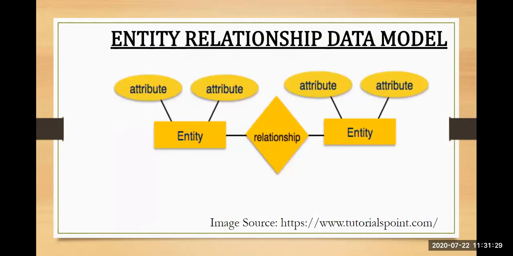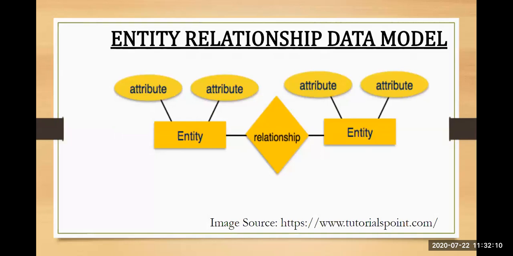Next we saw the entity relationship data model. Whenever I talk about the entity relationship data model, it tells us the relationship between our entities, where an entity is nothing but a group of similar objects that hold some attributes. So here we have entity 1, which will have its own attributes. There is a relationship which is denoted by a diamond notation. Then we have entity 2, and this will have attributes. So the entity relationship model tells how one entity has a relationship with another entity.